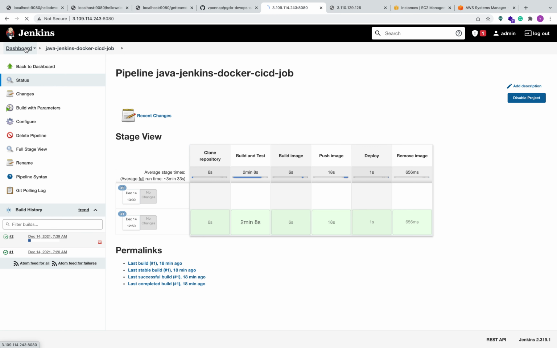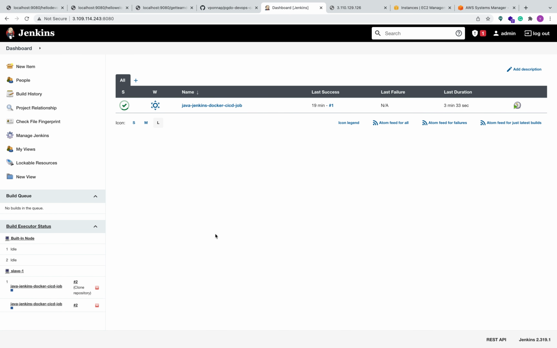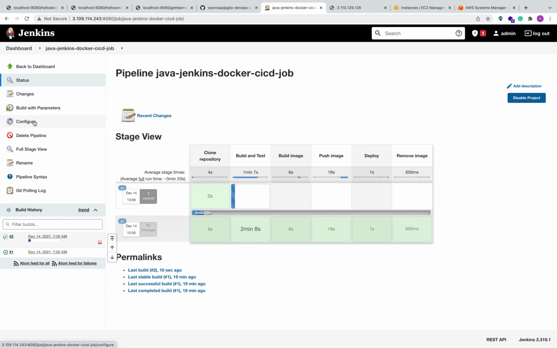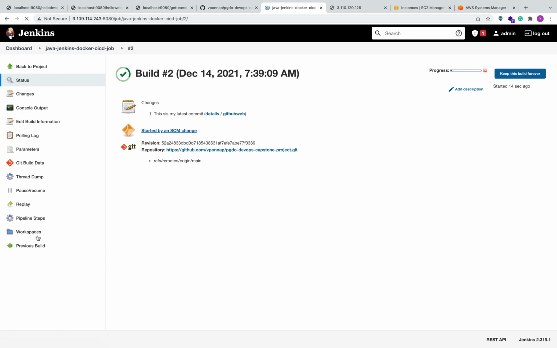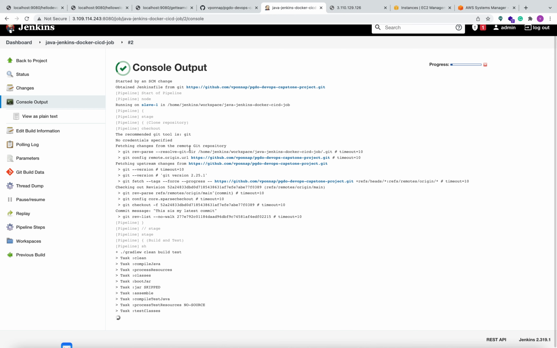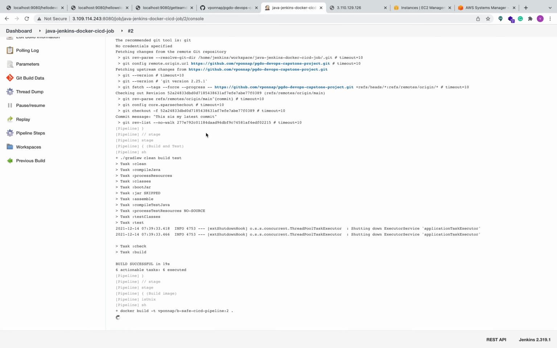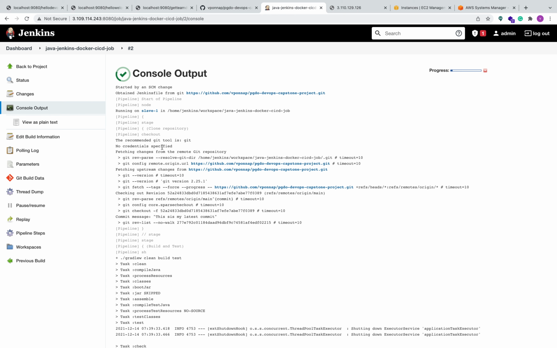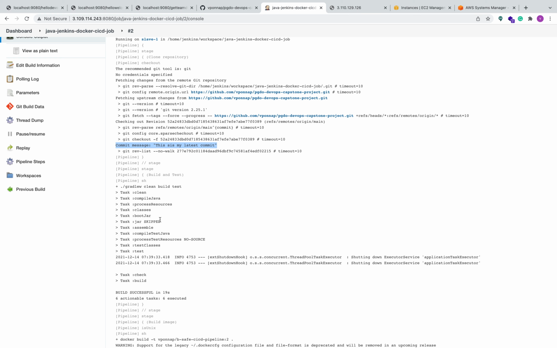So if you look at this job, this is running in the slave machine because this Jenkinsfile is configured to run this job in the slave machine. So let's see what all the things it's doing. Console output. So it took the latest Git commit, this is my latest commit which I have mentioned here. This is the latest code change it took, and it compiled the way I did in the local. Same thing.